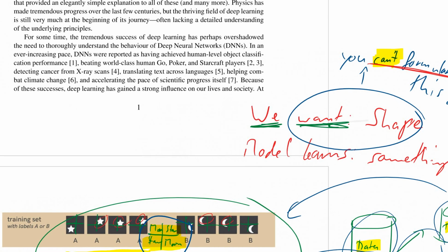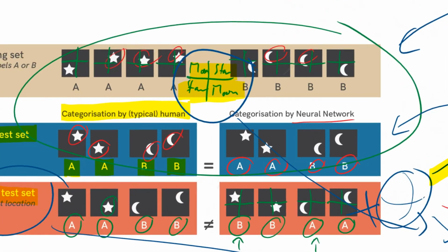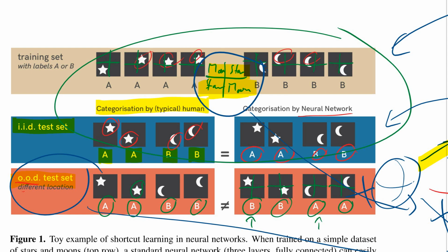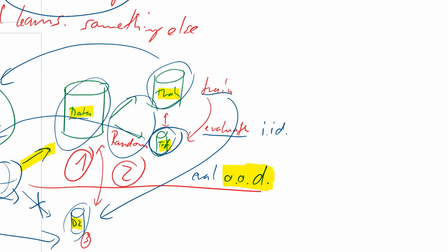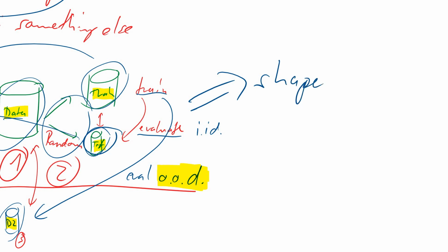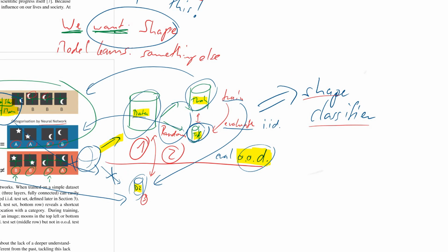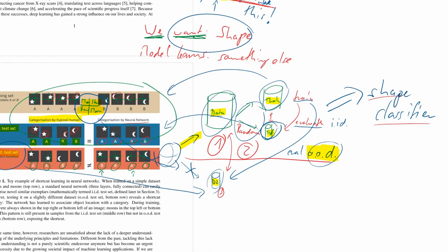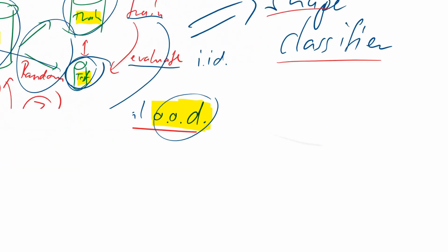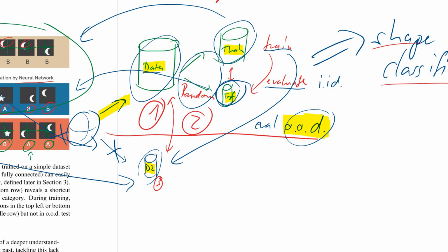So basically what you're saying here is, I'll train a shape classifier, right? Once you've gone through this process of training and evaluating, you say, now I have a shape classifier. Say you hadn't done this OOD evaluation. You've gone through this, and you now proclaim, I have trained a shape classifier. No. You have trained something that, given the entire process of how you create your data, can classify these two